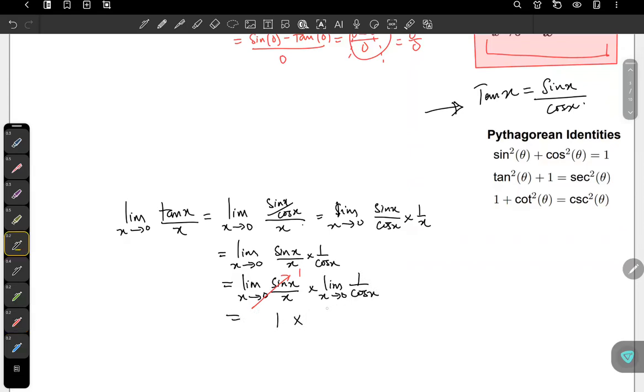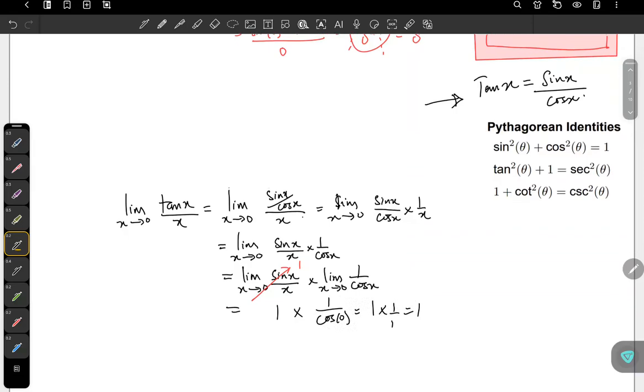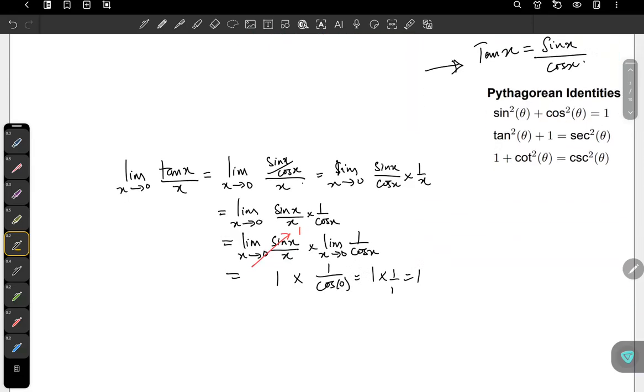And if we plug in 0 here, we have 1 over cos 0. So the answer is 1 times 1 over 1, which is equal to 1. In other words, we have a new fact born from the old fact: